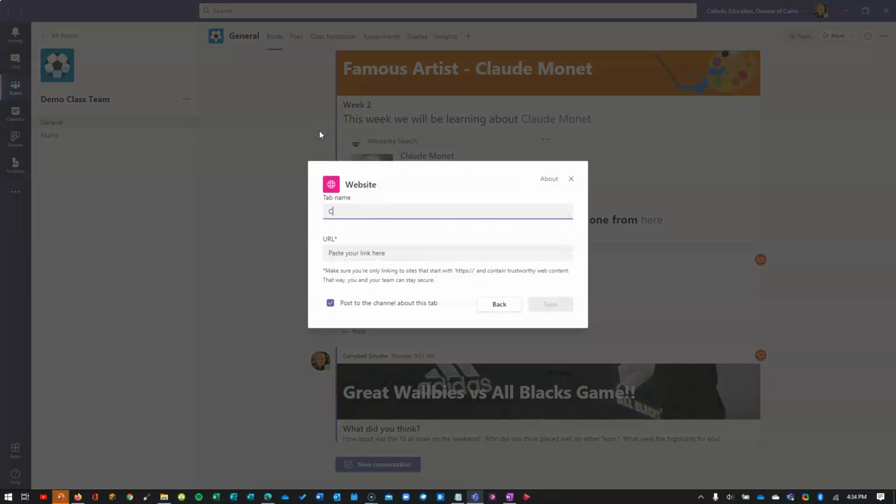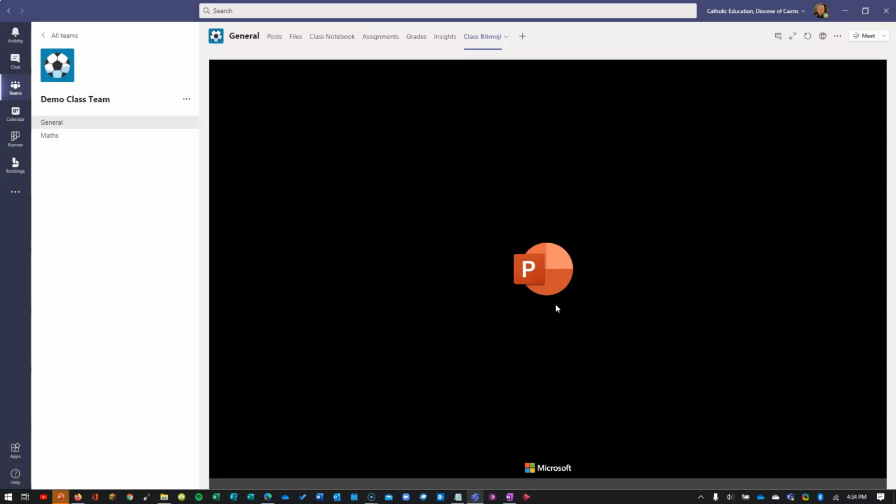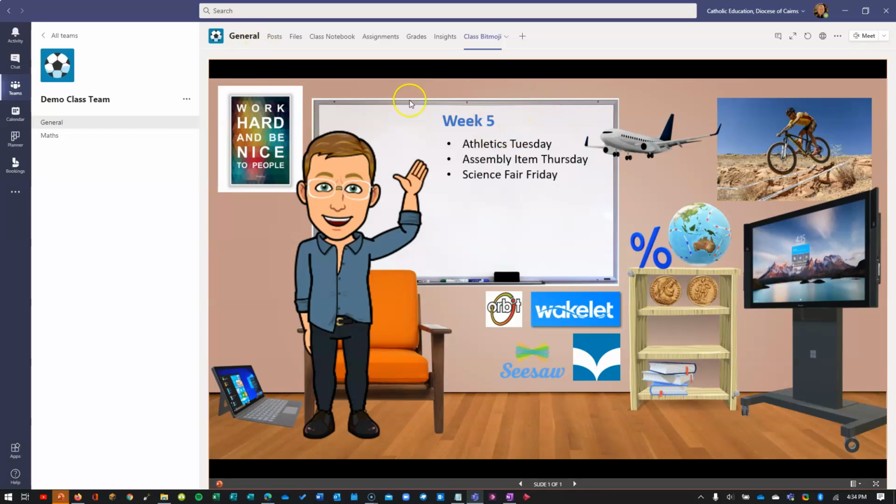Now I'll call it Class Bitmoji. You might just want to call it class or homepage or something else, something connecting. Control V to paste the link in there. I don't need to post to the channel, and save it. Alright, here we go. So you can see that as soon as it comes up, this is now in presentation